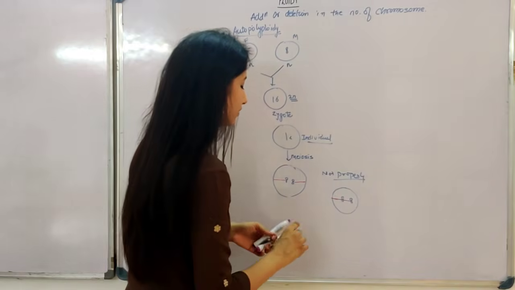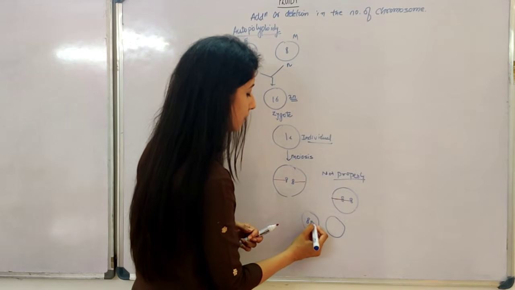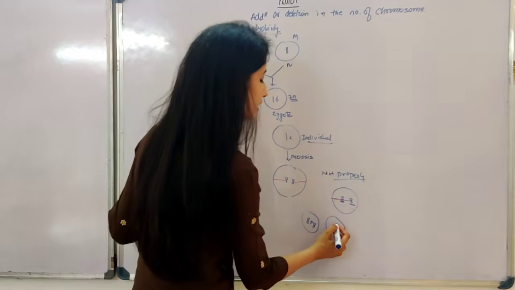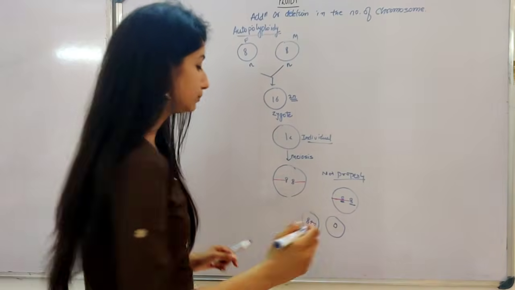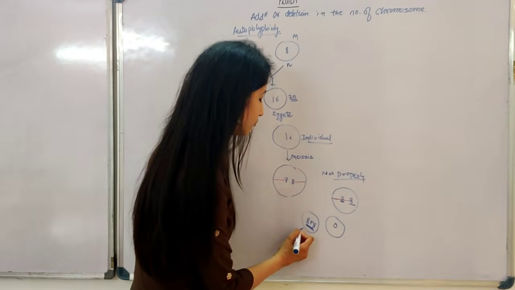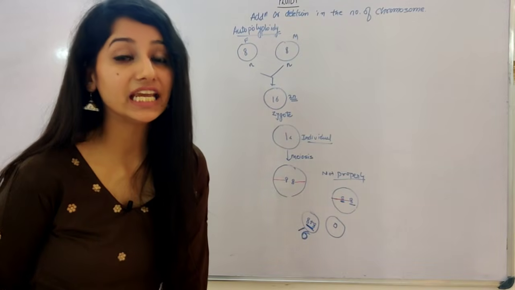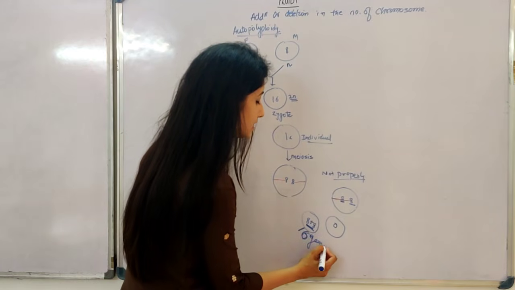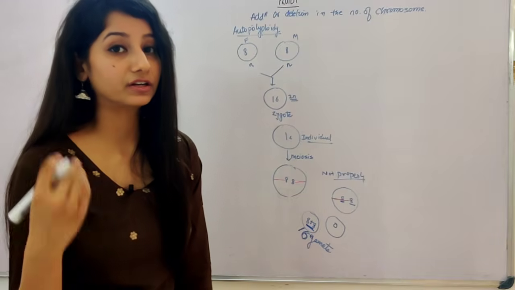So two cells will be formed, and in this cell 8 plus 8 chromosomes will be present, 8 this and 8 this, and here there will be no chromosome because this cell was not able to pull the chromosomes. So this cell has 16 chromosomes. This cell has 16 chromosomes, and I will tell you this is a gamete. This is a gamete. It is not an individual, and it is not a diploid cell.